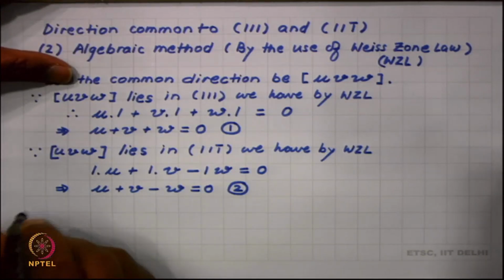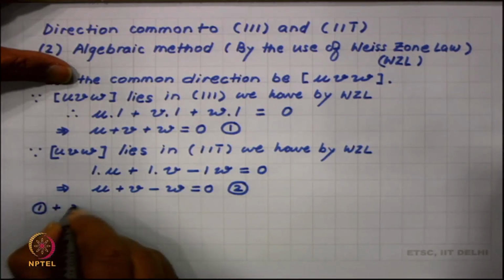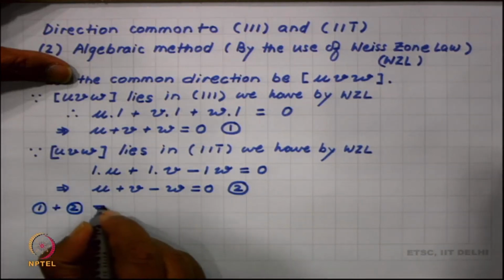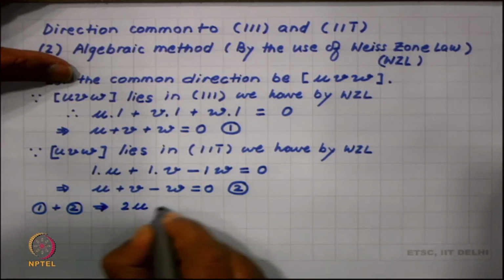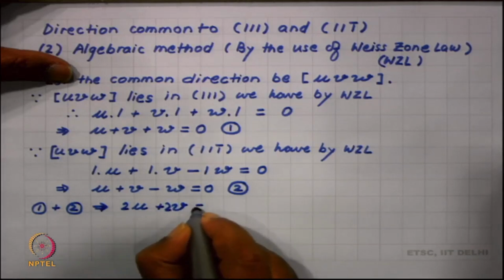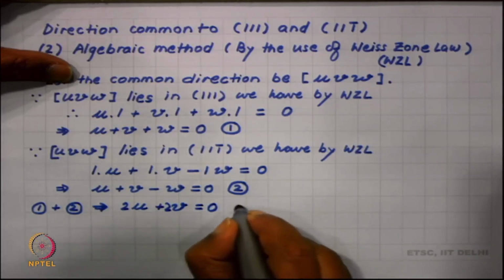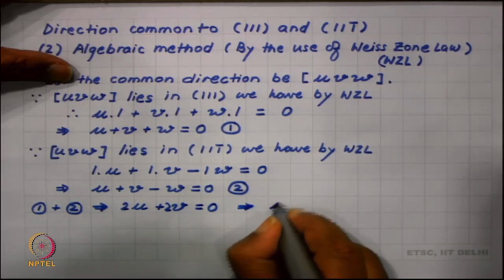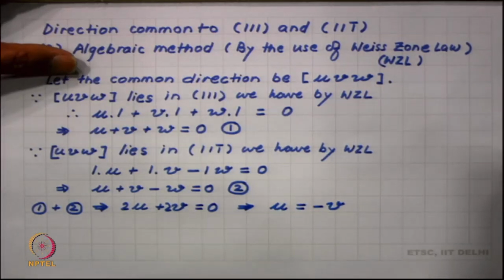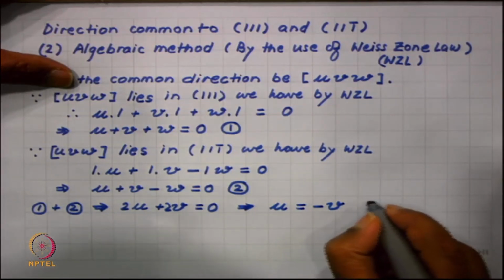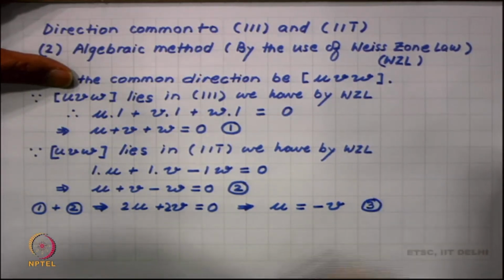We can see that if I add 1 and 2, then we can get rid of W. So, I do that. So, 1 plus 2 gives me 2U plus 2V is equal to 0, which in the end gives me U is equal to minus V. So, I have established a relation between U and V. Let me call this relation 3,